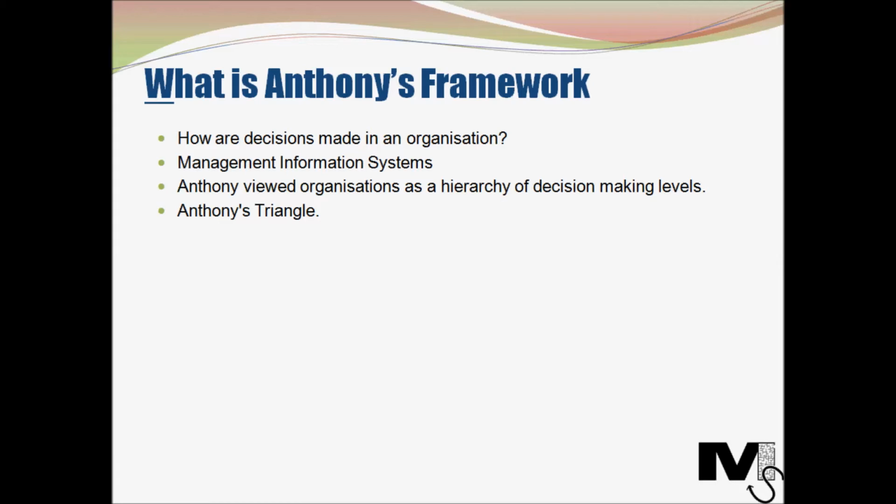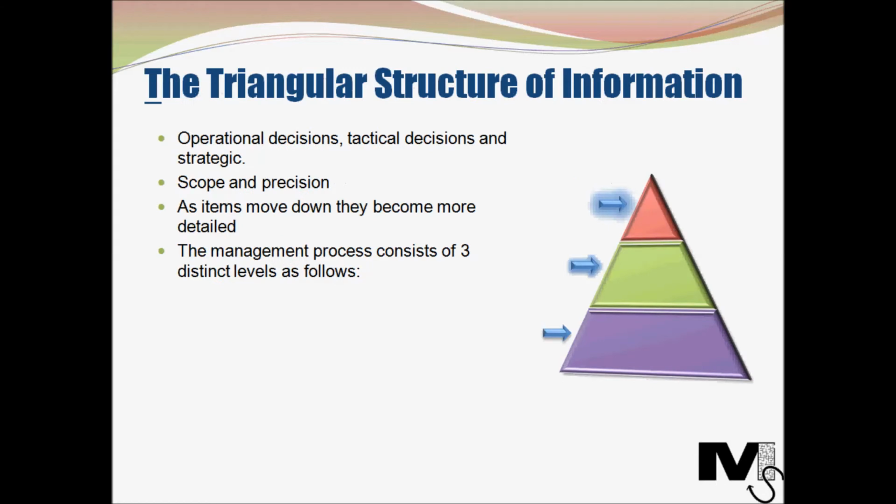Now, Robert Anthony fundamentally believed organizations as a hierarchy of decision-making levels. He demonstrated decision-making in a triangular form, often referred to as Anthony's triangle. Now, what is this triangular structure of information as per Anthony? The framework views decision-making in such a way that there are many operational decisions at the bottom level of the triangle, some tactical decisions in the mid-level, and few but very important strategic decisions at the highest level of